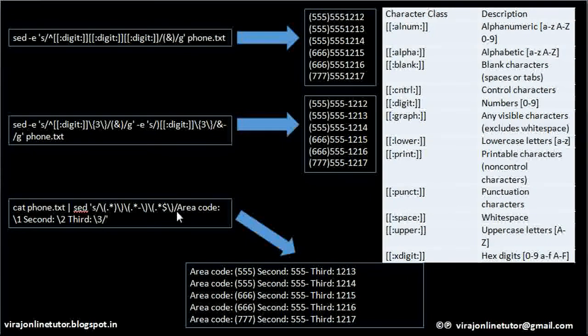Clear? And then it is replacing this particular input with area code colon, then 1, meaning the content which matches your first group. So the content matching the first group is this, which is printed here. Then it prints the second group here on the screen. The second group matches 5 till the hyphen, so that is printed here, and the third group is everything remaining till the end of the string. So this 1 to 1 2 is printed here, 1 to 1 2, 1 to 1 3 and so on, all this. Okay, so this is just an example of sed operations.